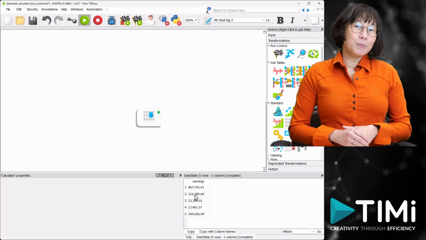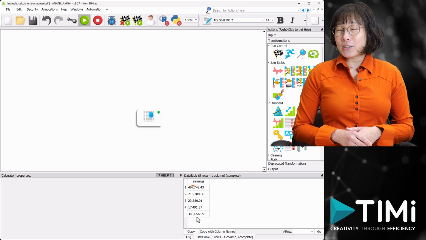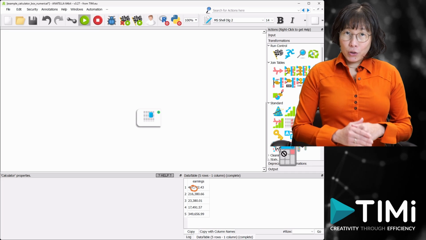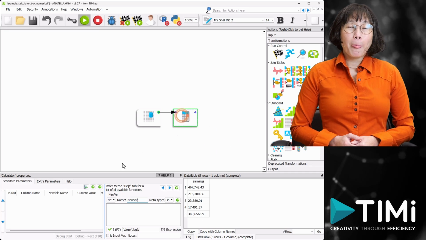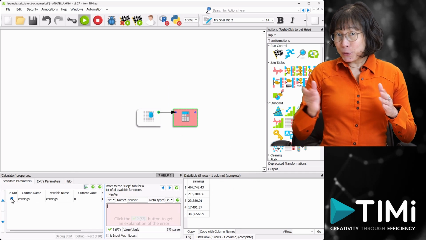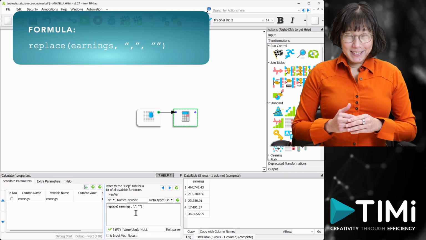However, when a column such as earning contains strange numbers, like a comma for thousands separators, automatic conversion may result in NaN, not a number, values. To solve this, we first use the replace function to remove the commas: replace comma with nothing in earnings.